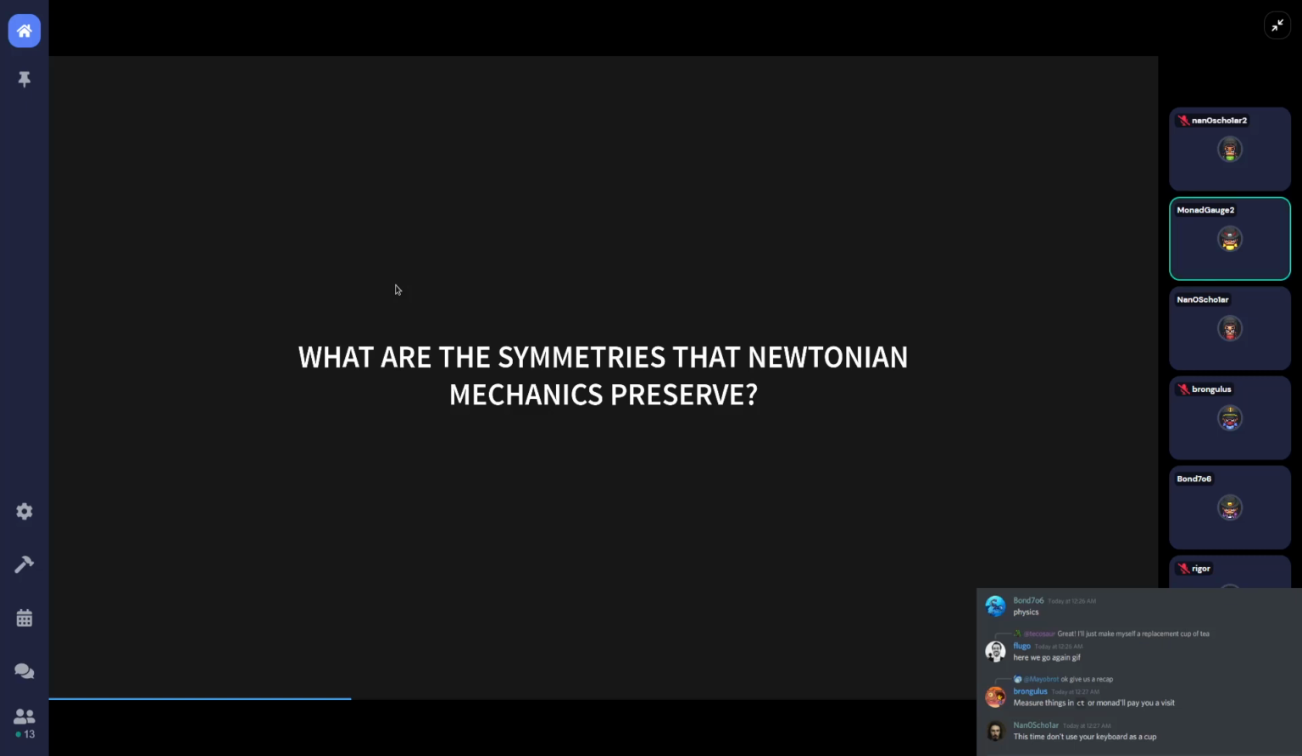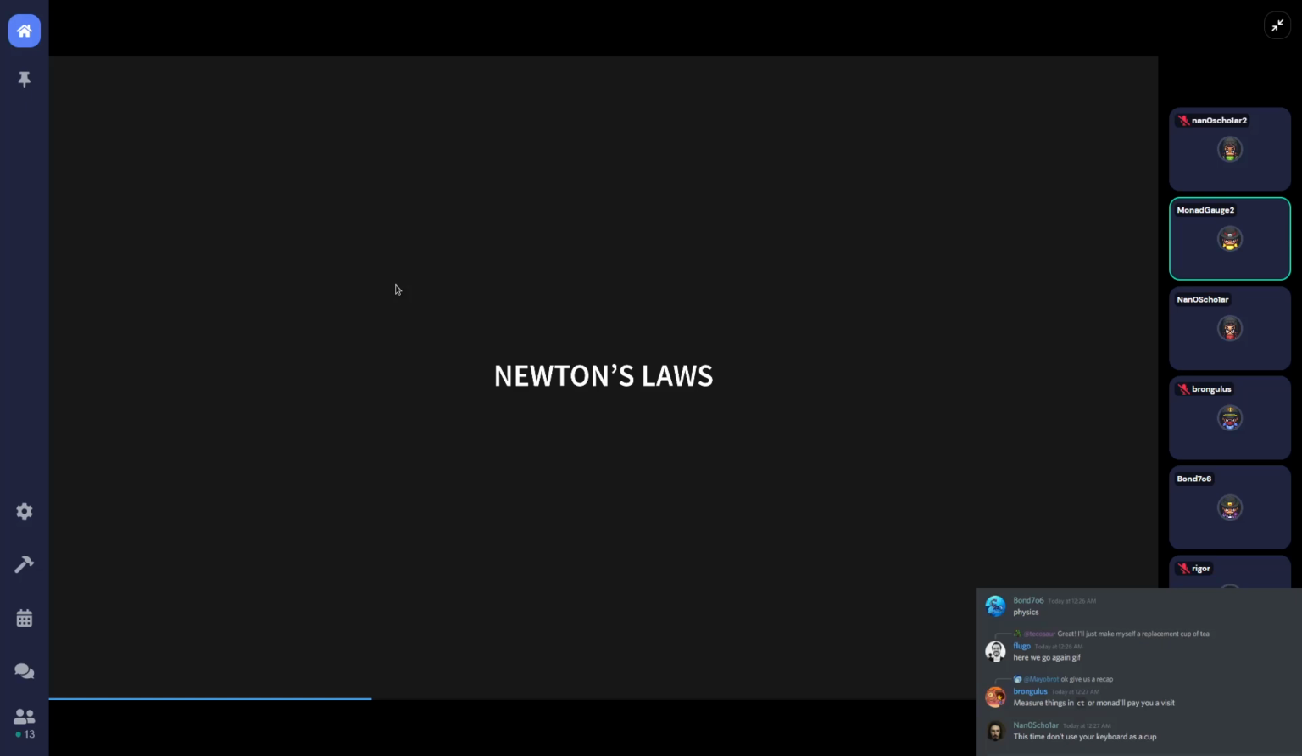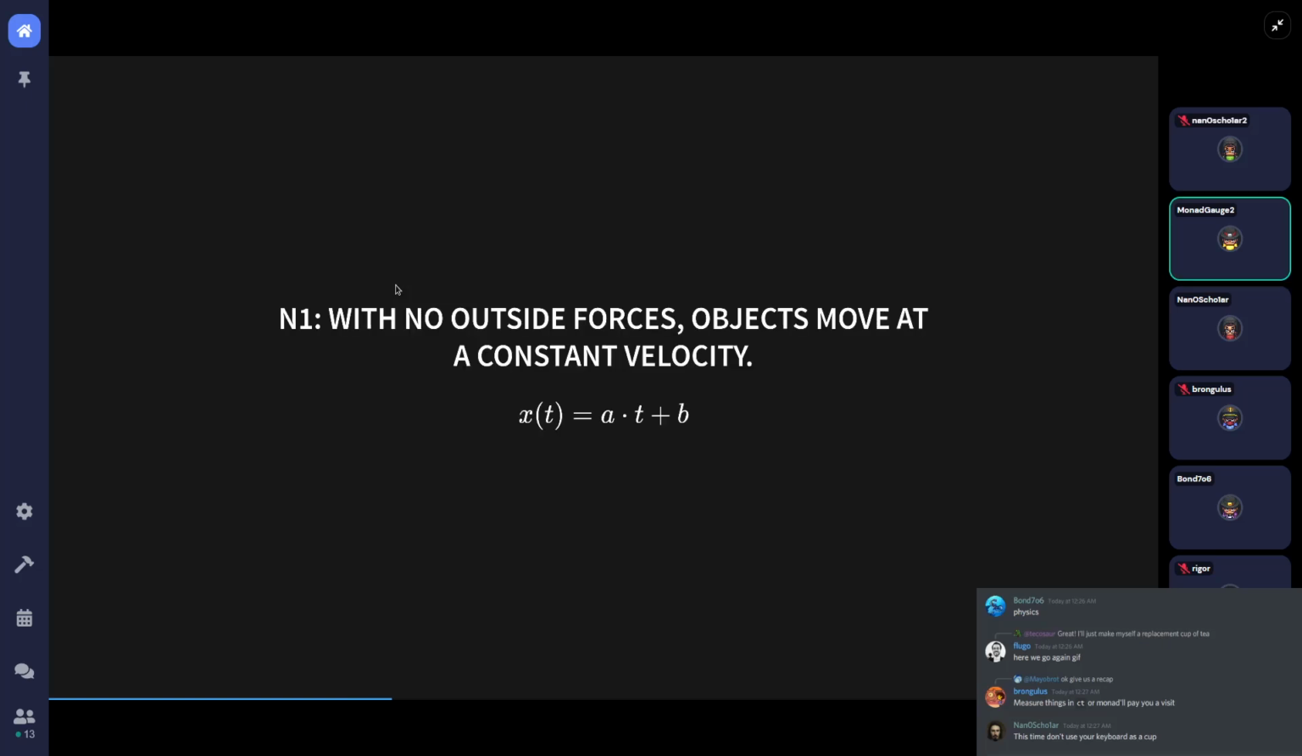Okay. So what are the symmetries that Newtonian mechanics preserves? Well, in order to answer that, we need to ask ourselves, what are Newton's laws? Because they basically define Newtonian mechanics to an extent. So first law: with no outside forces, objects move at a constant velocity. There is an element of begging the question with what is an outside force, but basically